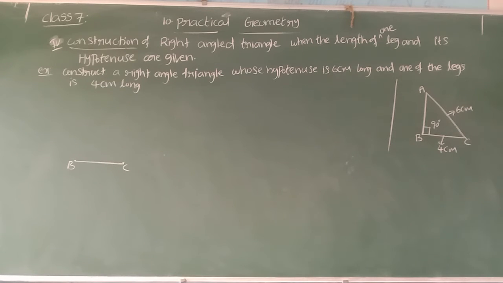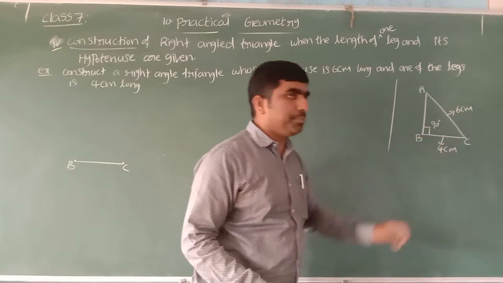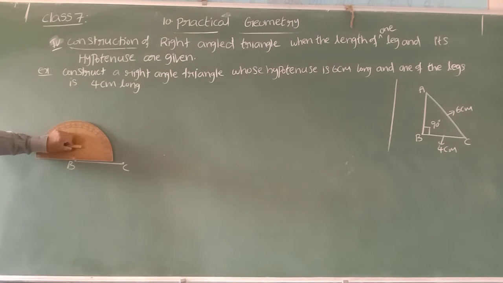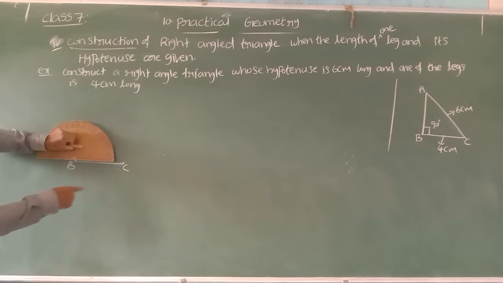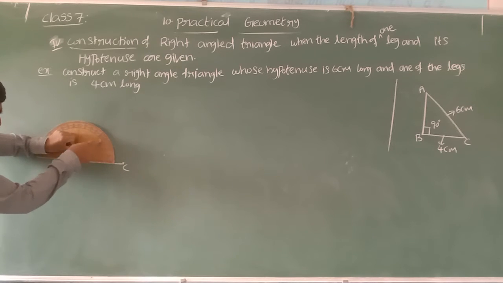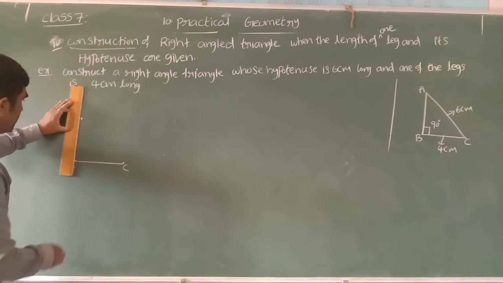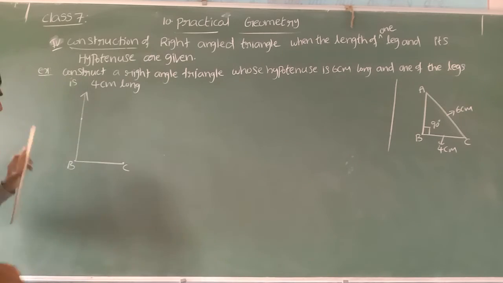Now by using a protractor, draw a ray which makes 90 degrees with side BC. From vertex B, you can draw a ray which makes 90 degrees with BC. Here, measuring from the right side, we have 0 at the bottom, so you can go up to 90 degrees. Here I can see 90 degrees. Now we can join that dot from vertex B. As it is a ray, you can extend it and place the arrow mark at the end.